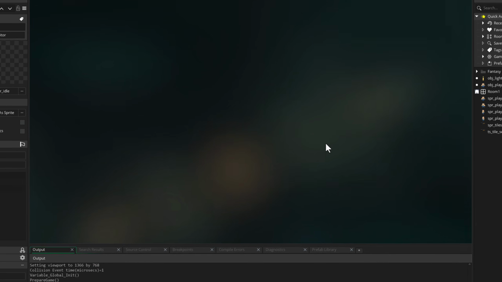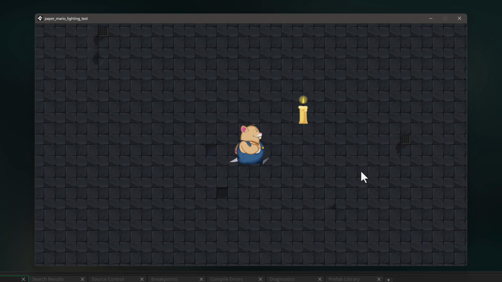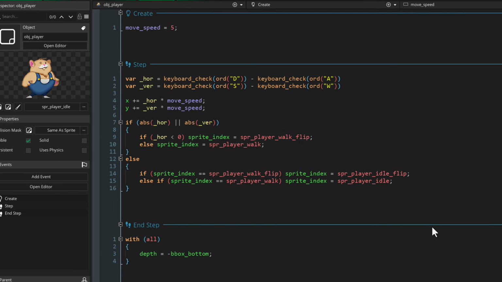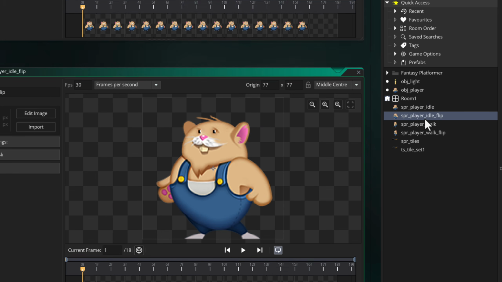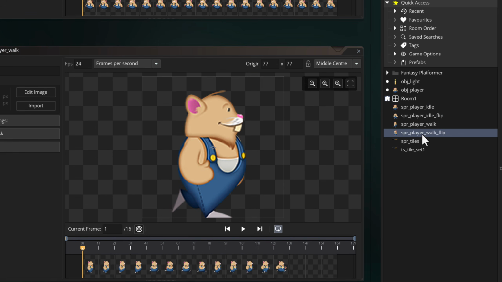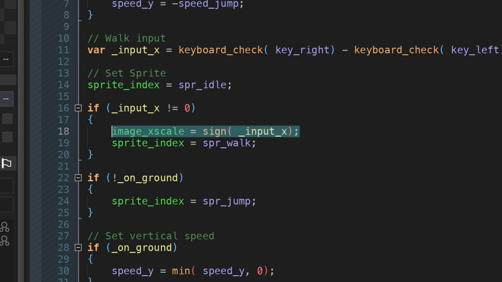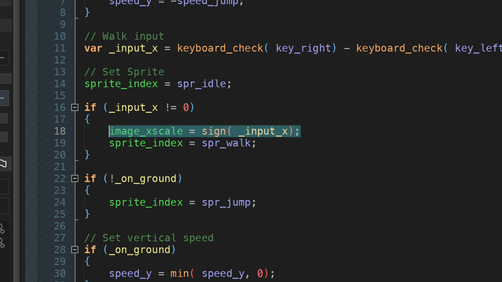For the base project, I have a player that walks around and one light to begin with. It's just simple code for movement and for depth sorting. For this technique, you need to make sure that you're using separate sprites for the player's left and right animations, because doing the image X scale flipping method is not gonna work with the shader because it's also gonna flip